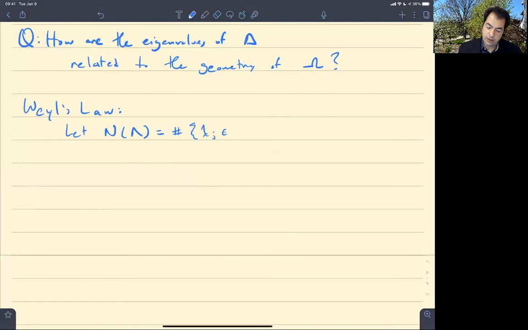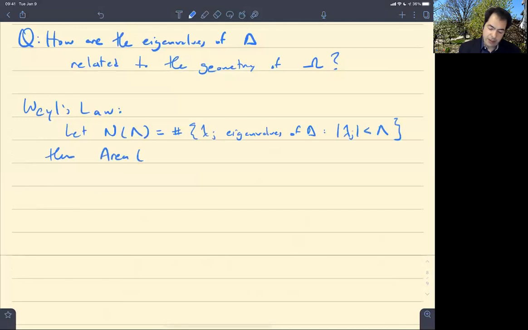eigenvalues of the Laplacian such that in absolute value, it's less than capital Lambda, right? So how many eigenvalues do you have that are less than 10 or less than 100 or less than 1,000 in absolute value? Then